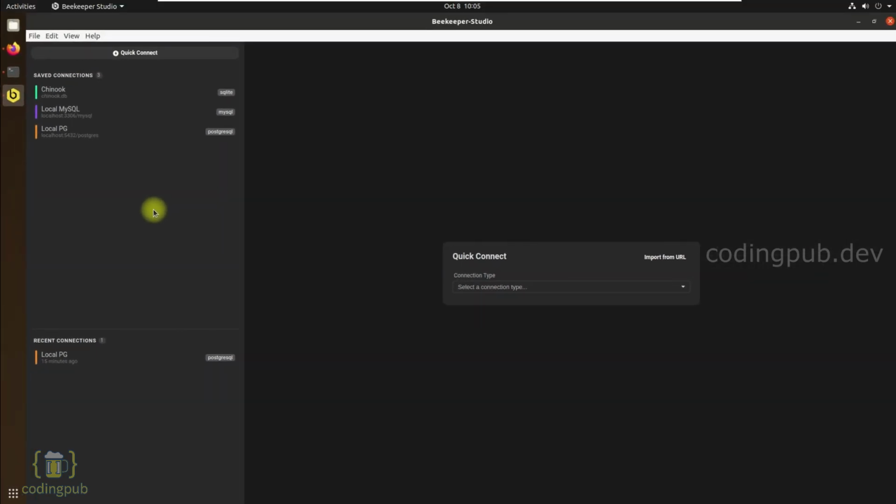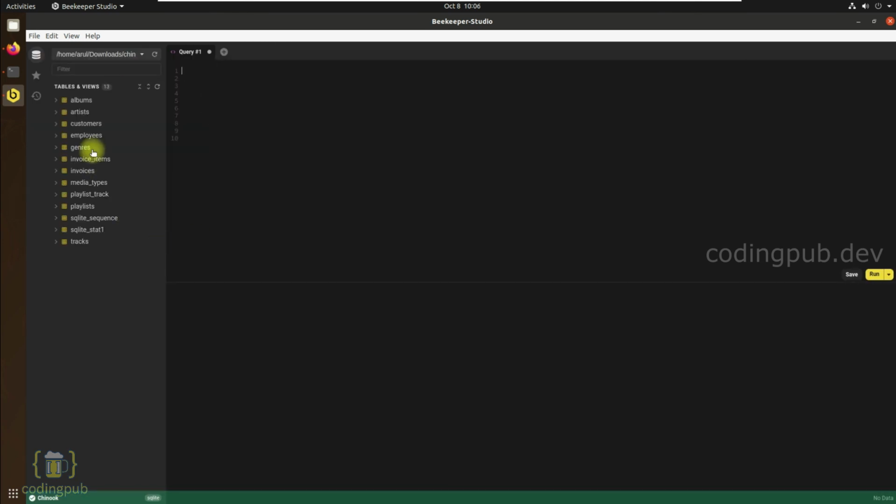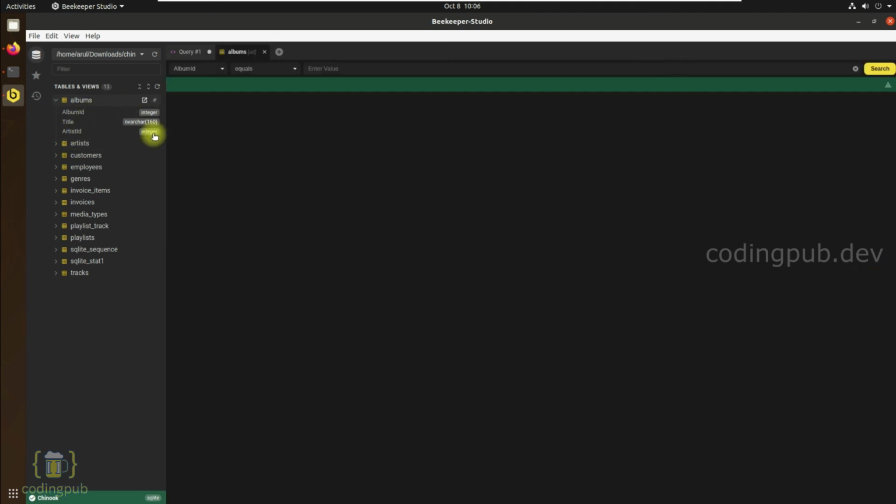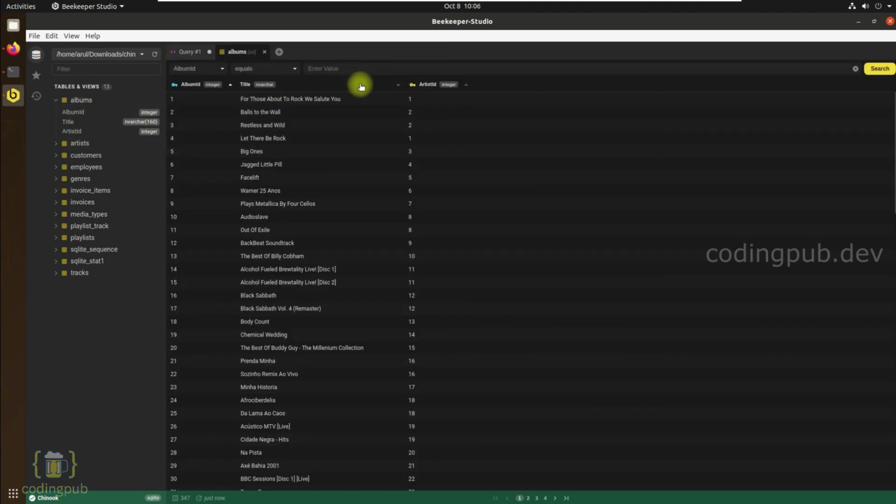Now we have seen all these operations on a Postgres database, but it will be similar irrespective of the database type you are using, I assume. So let's now connect with the SQLite database. As you can see, we are seeing the list of tables available in this SQLite database. You will be able to view the data for any of the tables. You can run your custom queries and filters on them, and you will be able to download the data for any of the databases you are using.